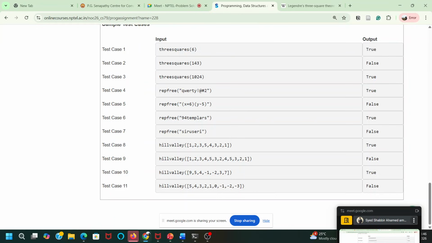It should not be hill and valley together. For that case, it should give false. Only one of them, a hill or a valley, should be there.